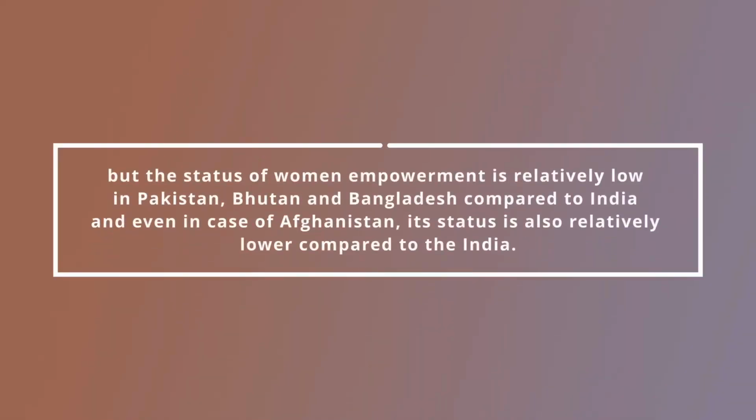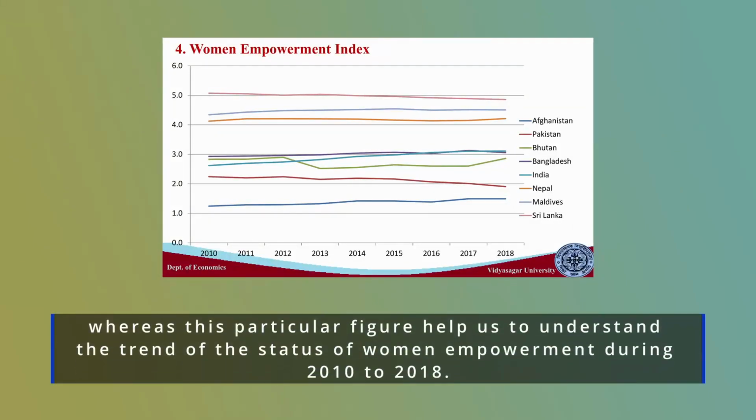Compared to India, the status of women empowerment is relatively high in Nepal, Maldives, and Sri Lanka, but relatively low in Pakistan, Bhutan, and Bangladesh, and even in Afghanistan its status is lower compared to India. Therefore, this picture helps us understand the relative position of different countries in respect of the status of women empowerment. Whereas this particular figure helps us understand the trend of the status of women empowerment during 2010